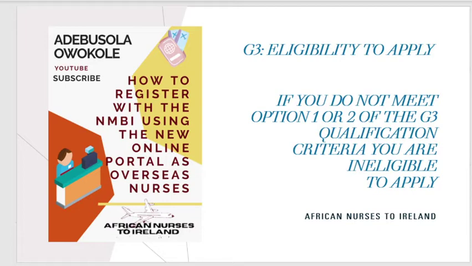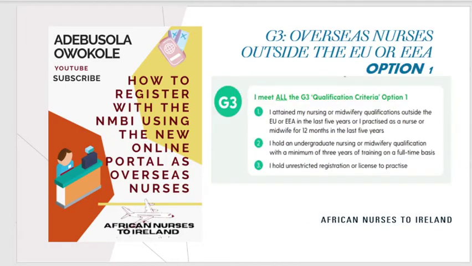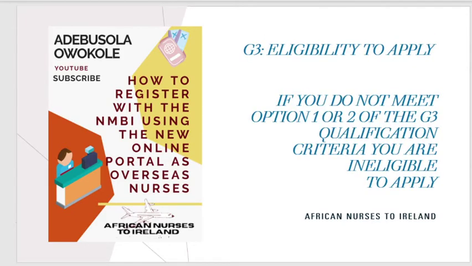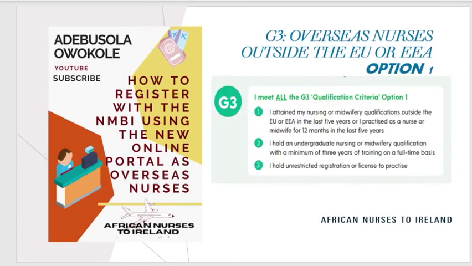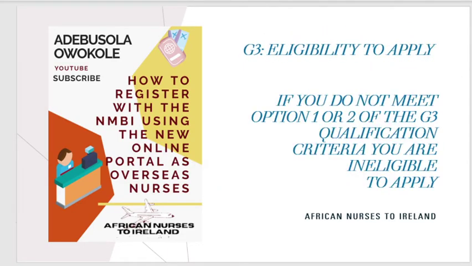That's what the new online system is going to let you know. So I'm going to show you again. This is option 1 for overseas nurses. If you meet all the 3 listed here under option 1, then you are eligible to apply. Option 2, otherwise, you have to meet,